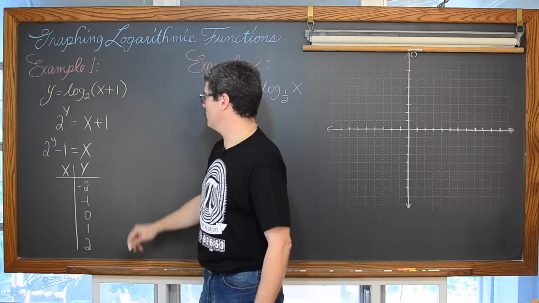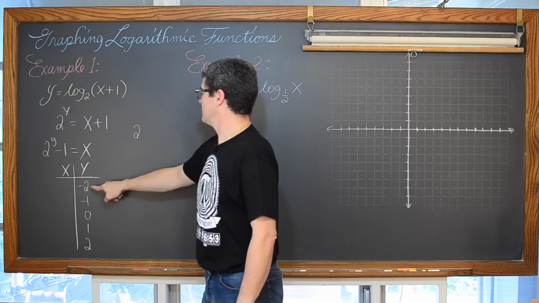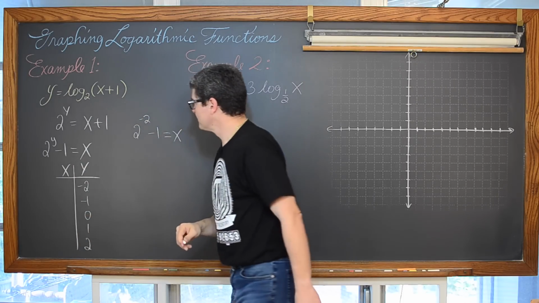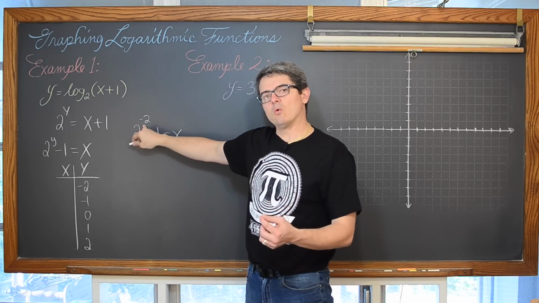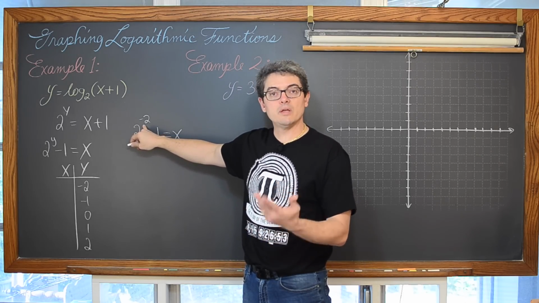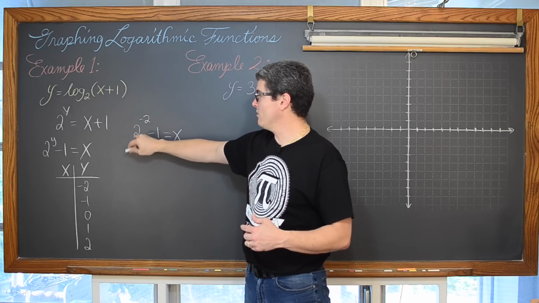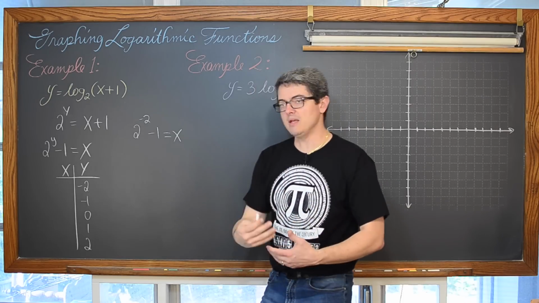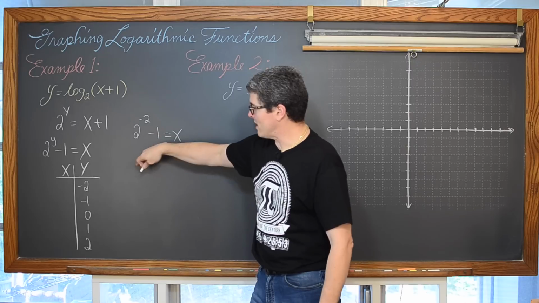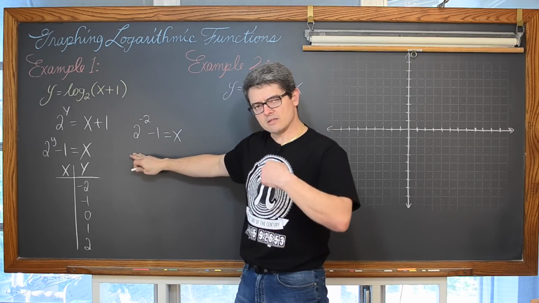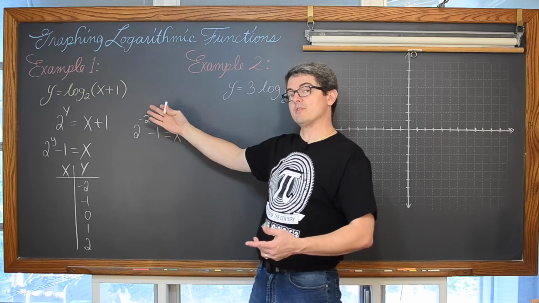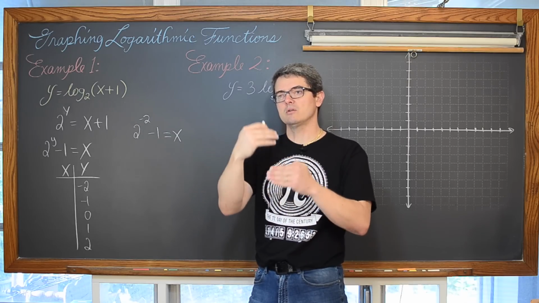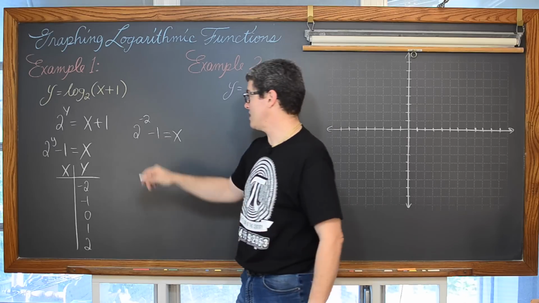So y is equal to -2. Well, that means that we're going to have the base of 2 to the exponent of -2, minus 1, is equal to x. 2 to the -2 power. How do you deal with or get rid of a negative exponent? How do you rewrite this or move this base around so that the exponent is going to be +2 as opposed to -2? Well, you move the base. If the base is in the numerator with a negative exponent, you drop it down. If the base is in the denominator with a negative exponent, you'll move it up to the top of the fraction. And if you understand division and the properties of exponents, you can hopefully understand how moving the base up and down will change the sign of your exponent.